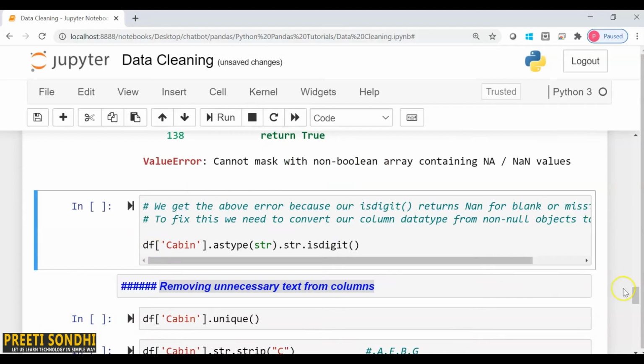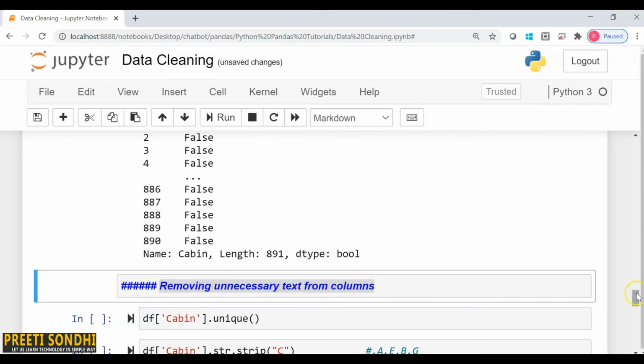We got the above error because our isdigit actually returns NaN for blank or missing values. So it basically is a string, and we can fix it by using astype. Here I have to convert my column data type for non-null objects to string. Here is my output.